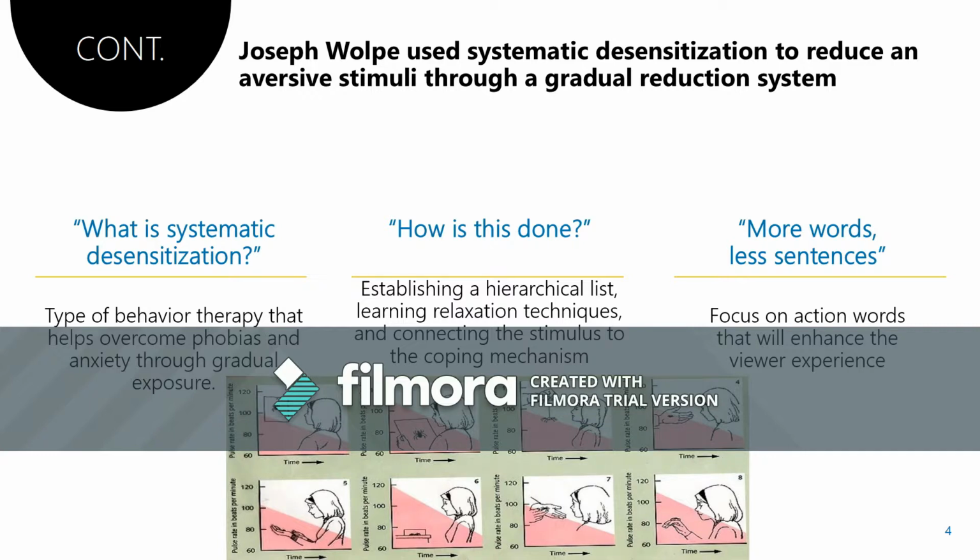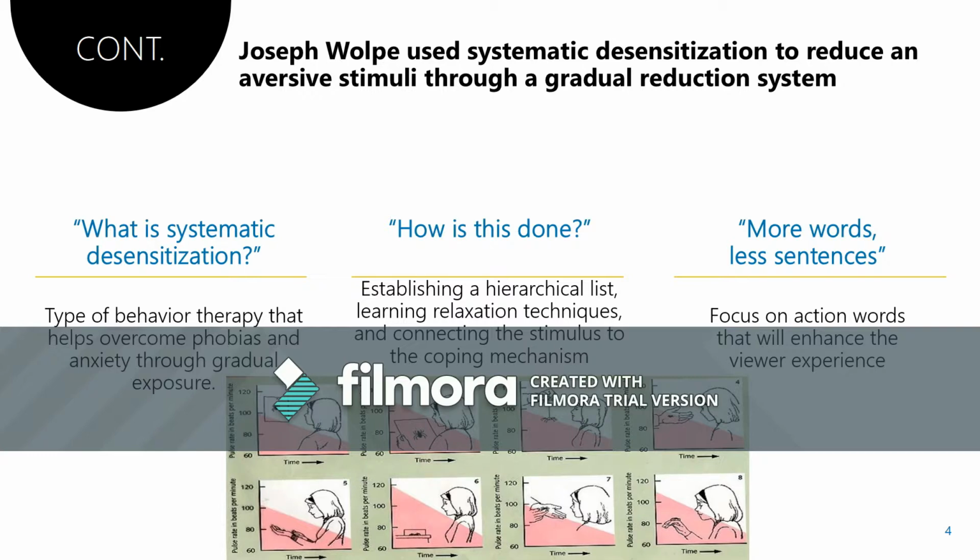Whereas Mary Cover Jones used desensitization to assist patients to unlearn phobias and anxieties through conditioning, Joseph Wolpe created a hierarchical list method which intensified anxiety-provoking stimuli in a series of steps in the 1950s. The list was created by both patient and therapist together and ranked from the least to most disturbing. Once the list is developed, the client is taught deep relaxation techniques to inhibit the feeling of anxiety when it arises. Systematic desensitization is then possible by slowly increasing the anxiety-provoking stimulus while staying in a relaxed state.